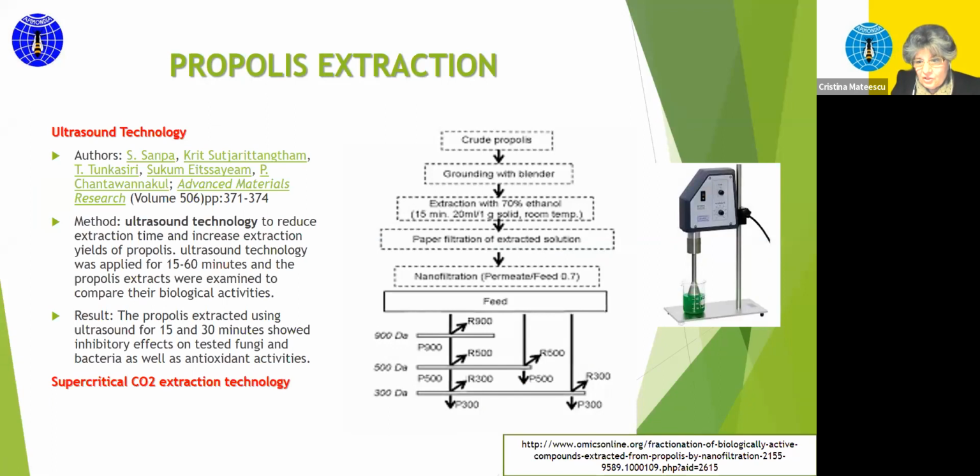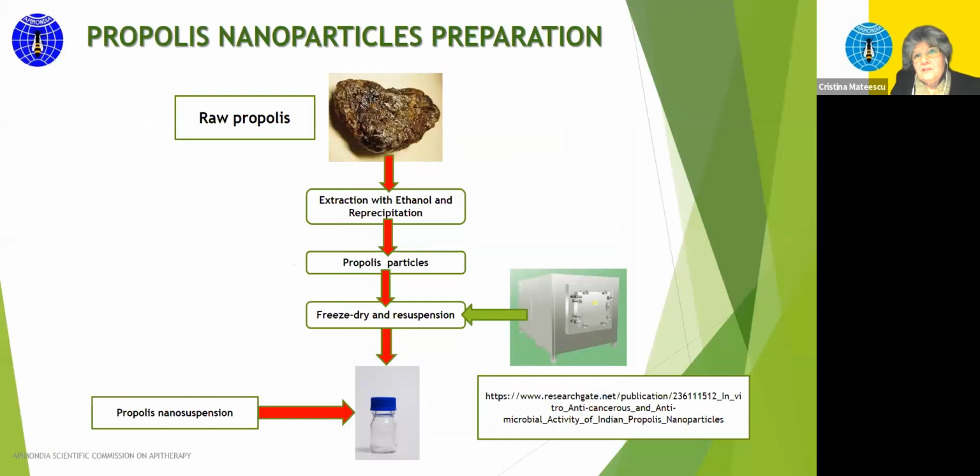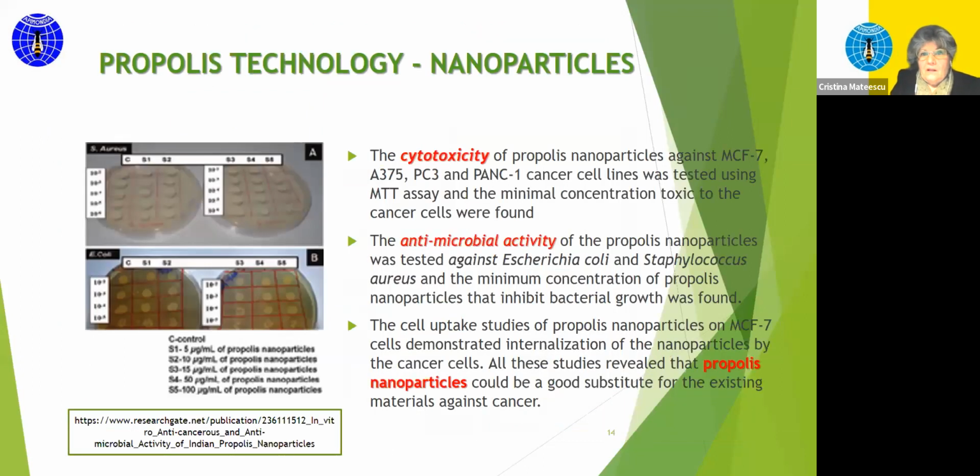After applying the technology, of course, the extract was checked for its antibacterial and antifungal activities, as well as for the antioxidant activity. This is a scheme for the preparation of nanoparticles from raw propolis. There are several steps like extraction with ethanol and reprecipitation to get propolis particles. Then these particles are resuspended, subjected to a freeze drying process, and then made into nano suspensions. With the nanoparticles,